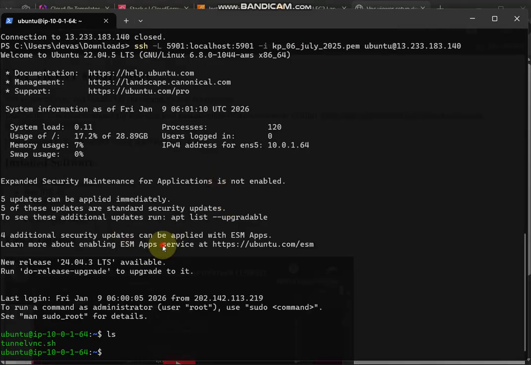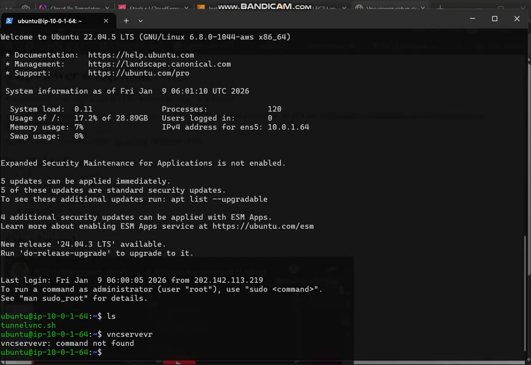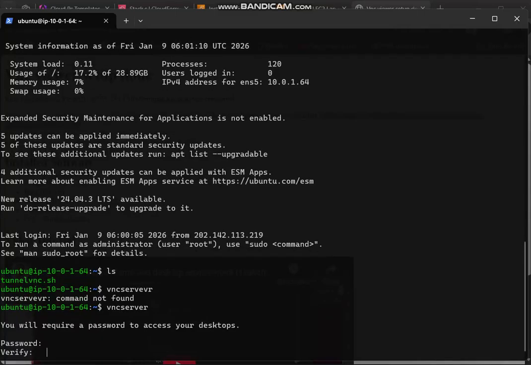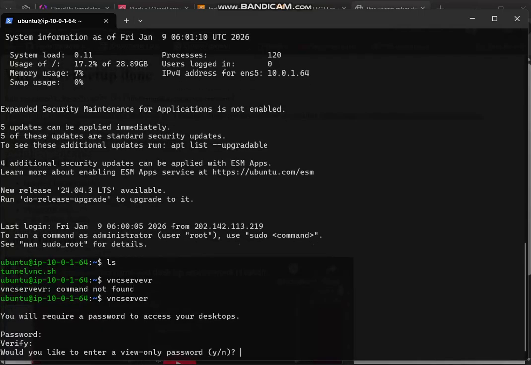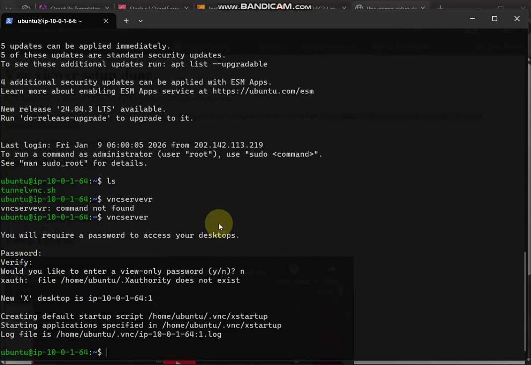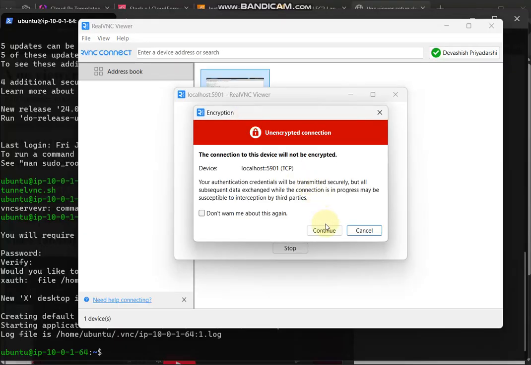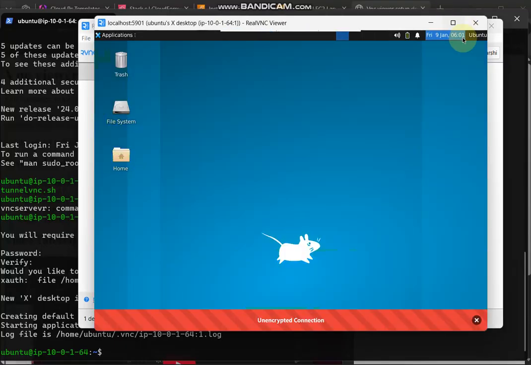Actually, I forgot one step. We will have to launch the VNC server for the first time. This is the one-time step that you will have to do, where you have to set the initial password. Once this is done, next time onward, you just have to do the SSH and VNC Viewer. You don't have to provide the password again. So I do a continue. It's open, and